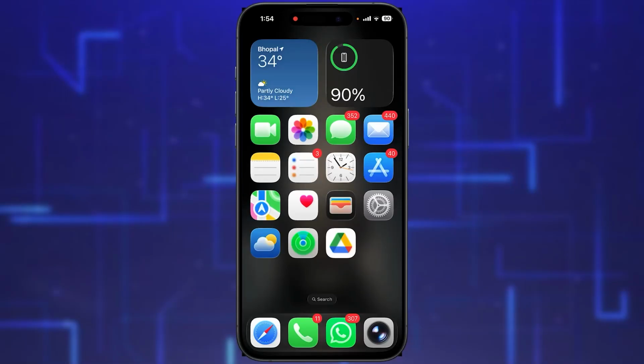So hey everyone, welcome back to another quick and very interesting tutorial, where in this quick tutorial I'm going to show you how you can hide an application completely on your iPhone, and it will simply not appear in searches